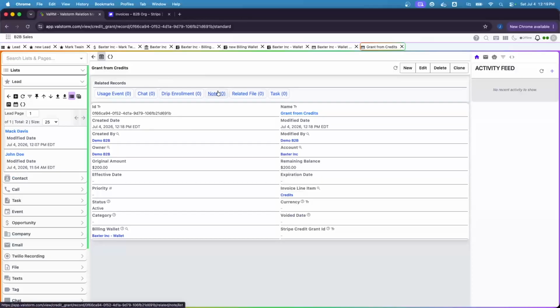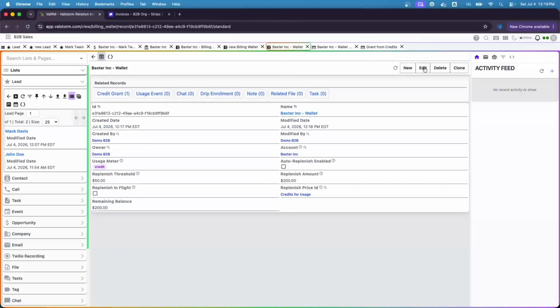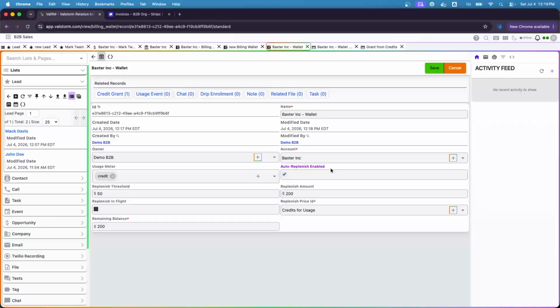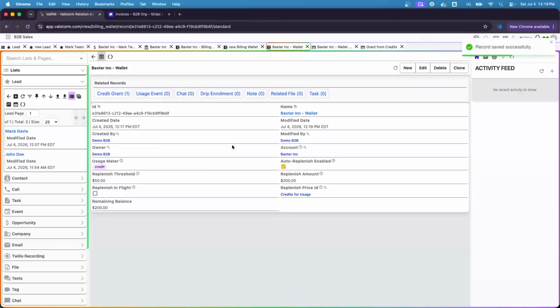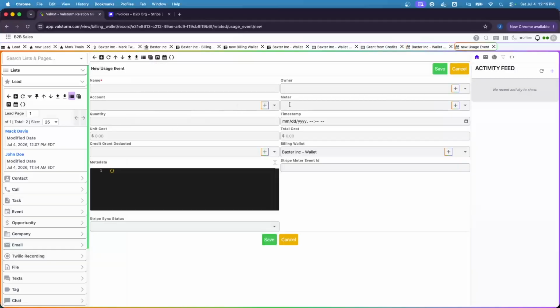Now that they have a wallet and everything set up, we're going to actually go back to the wallet and turn on auto replenishment. Turning this on will auto charge them when they fall below $50. We're going to save this. And now we're going to actually create usage events that draw from this. When you click on a usage event and you click create, right now it's going to fill in that it's part of this